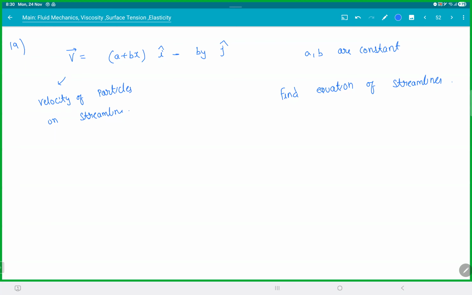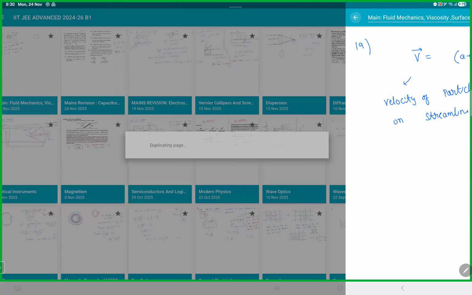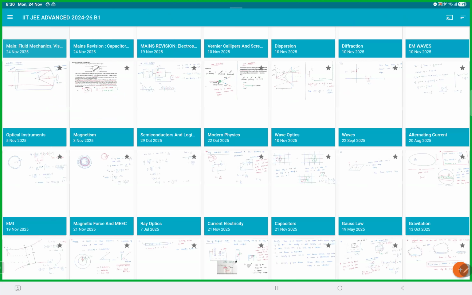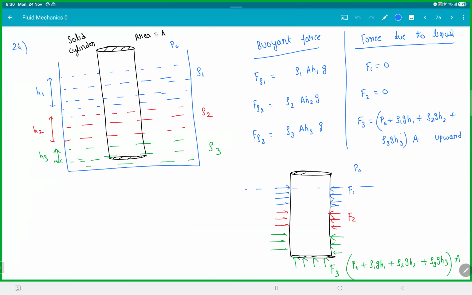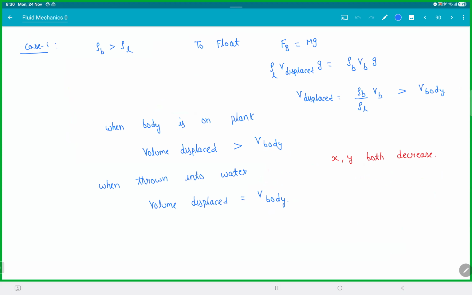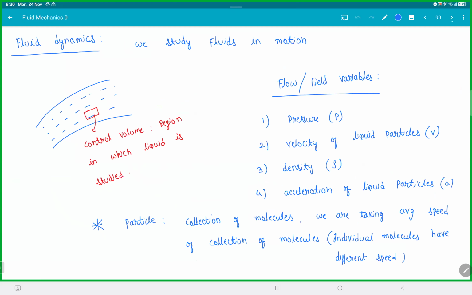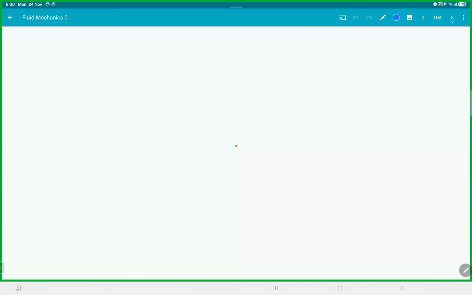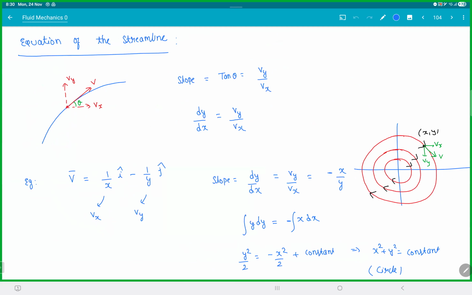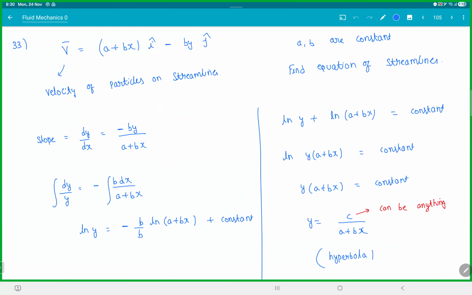You guys remember the theory for this? In case you forgot. There, see. Equation of a streamline. So when you take the slope of the streamline, tan theta is Vy by Vx. So dy by dx is Vy by Vx. Vy is the vertical component and Vx is the horizontal component. So this was the same question there. The slope is given by dy by dx, so that is Vy by Vx. So put that and integrate, you'll end up with this,